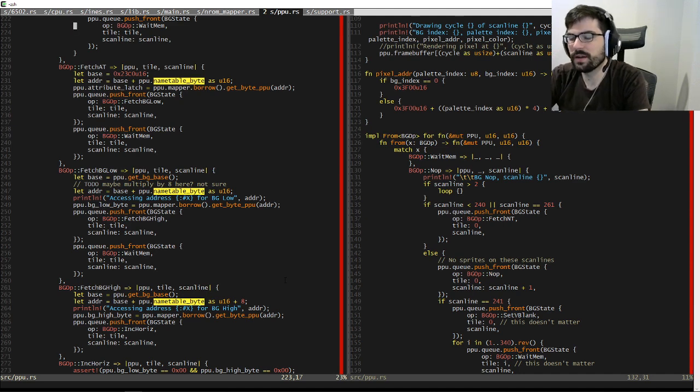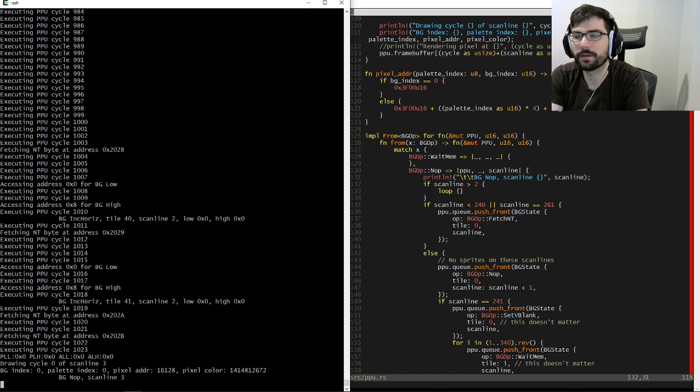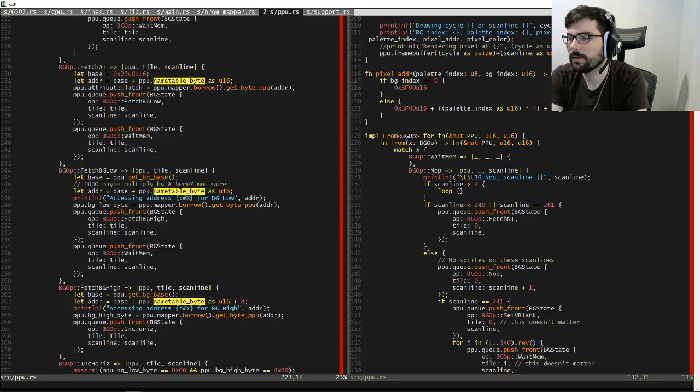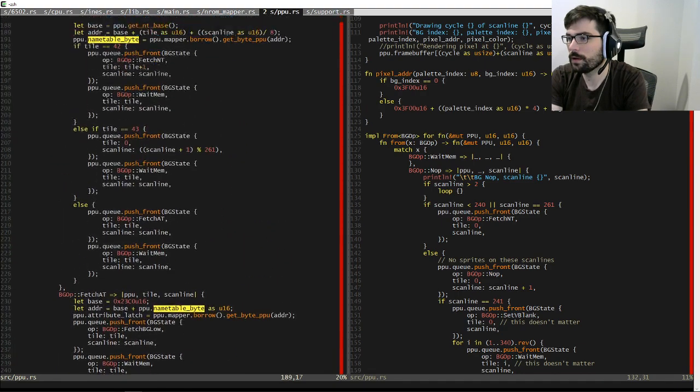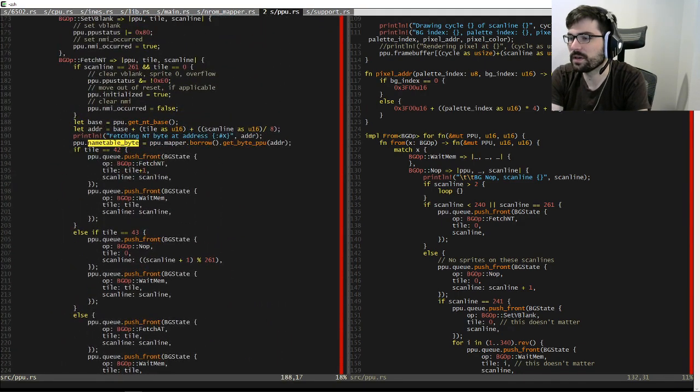Can you dump out your NTs somehow so we can rule out that the NTs are populated wrongly? I'm pretty sure they're populated right, but I guess I could do that. Where do they end up? In RAM. I guess they'll just end up at whatever my get NT base is returning. I'm pretty sure they're at least reasonably populated, but